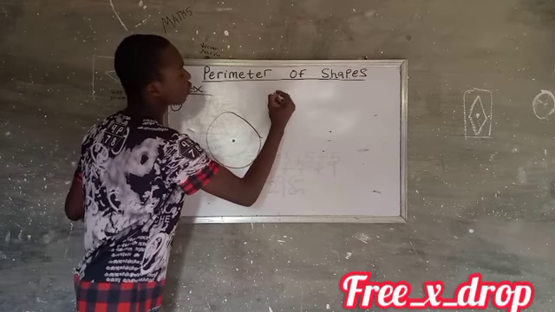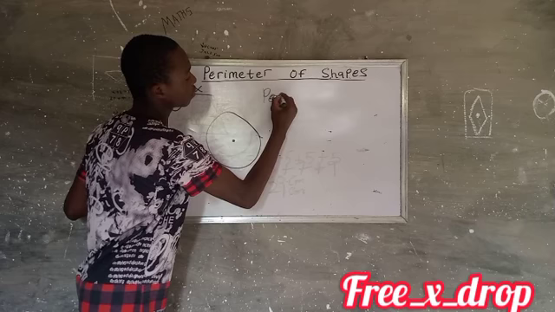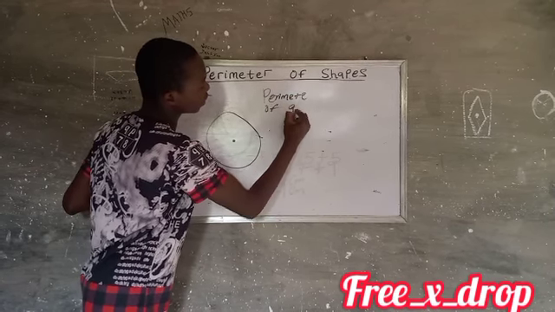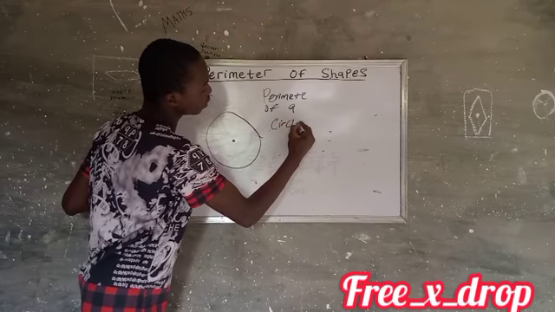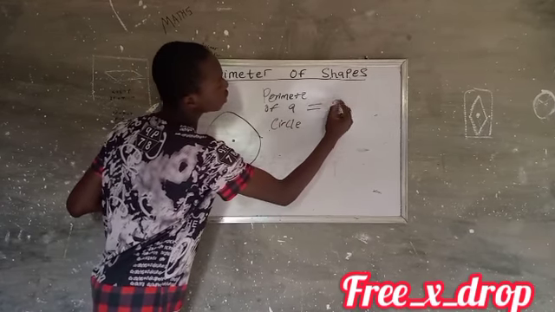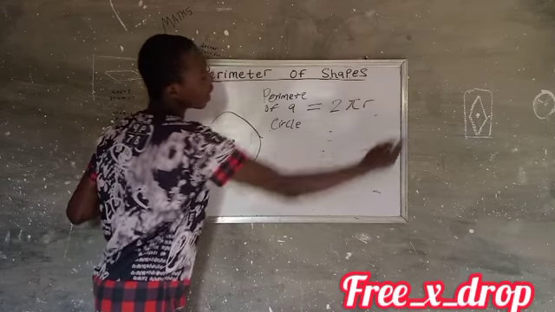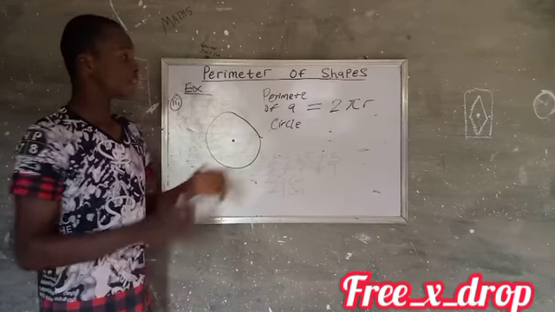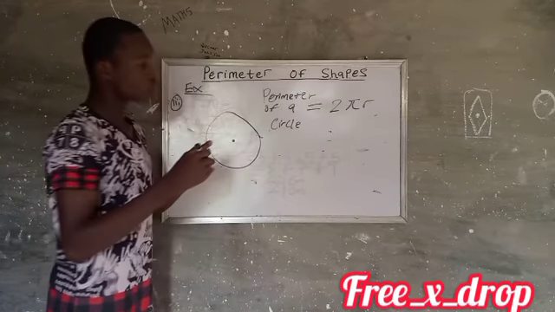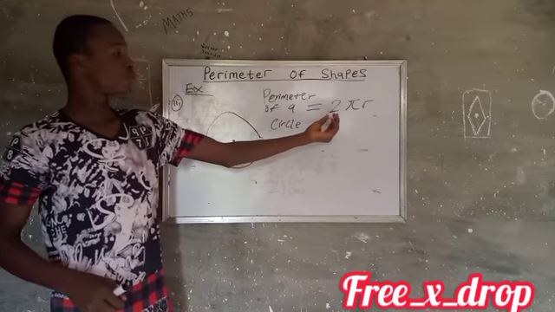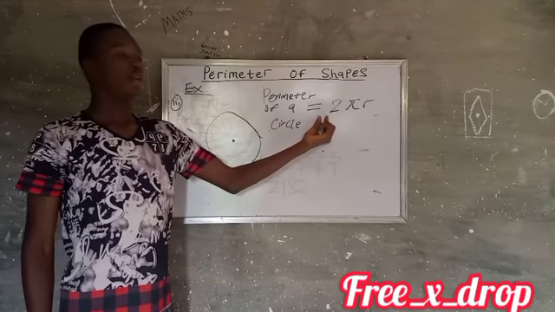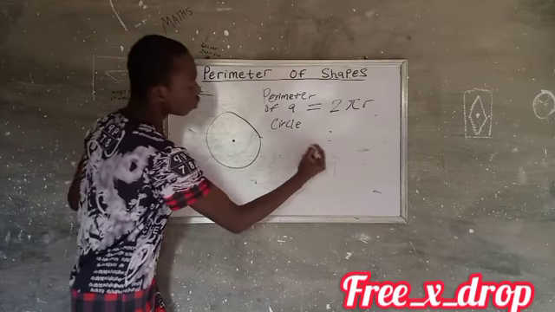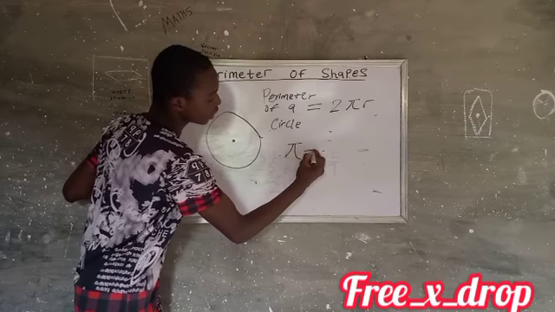The perimeter of a circle is equal to 2 pi r. Now this is it. The formula of the perimeter of a circle is equal to 2 pi r. What does 2 mean? 2 is just a number there. You already know 2. Pi is a constant value which is equal to